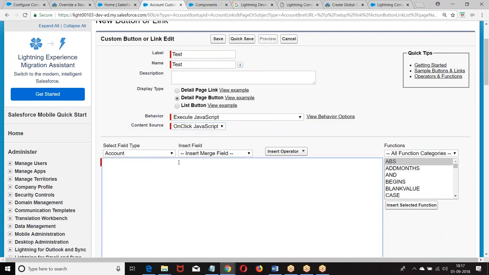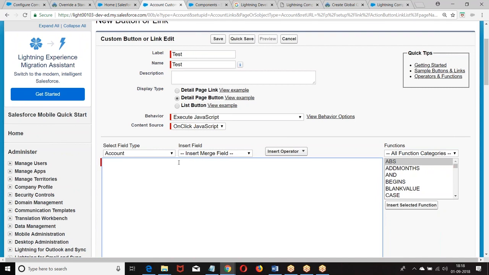For JavaScript we need to give require sforce session ID. Now we have the Ajax toolkit, right? sforce.connection.login, sforce.connection.create, sforce.connection.update. We can perform DML and SQL queries using JavaScript in Salesforce. We remember the concept.